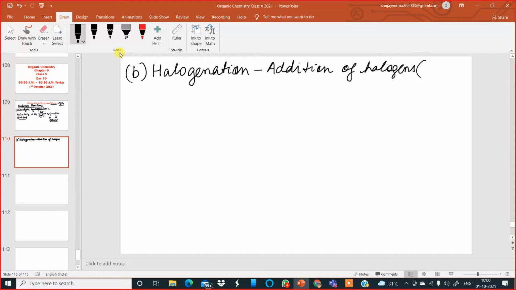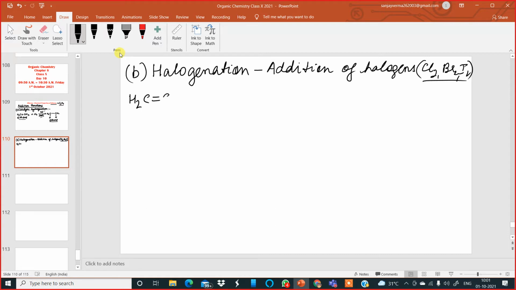Which halogens? Over here, the halogens could be chlorine, bromine, or iodine. Okay, so these could be the halogens which can be used for the halogenation reaction with ethene. So the examples are here: